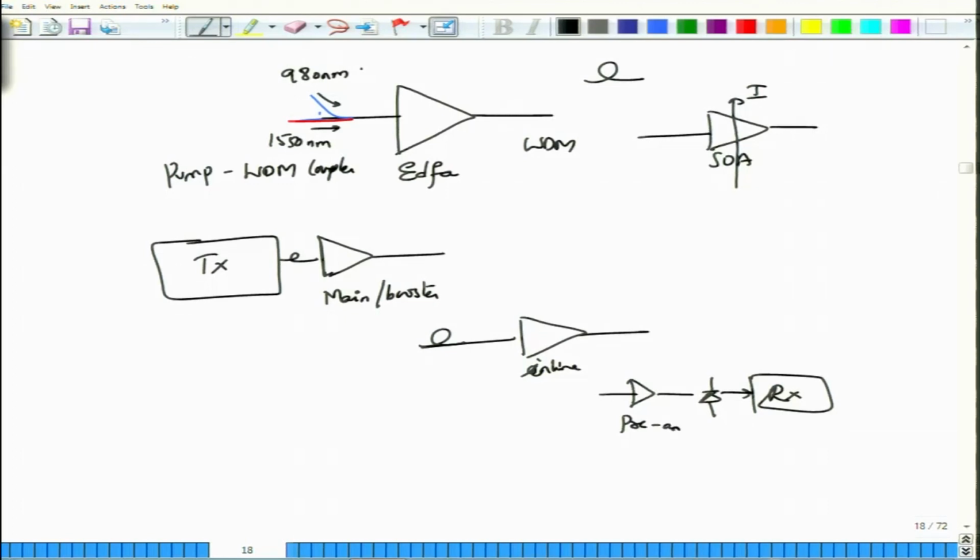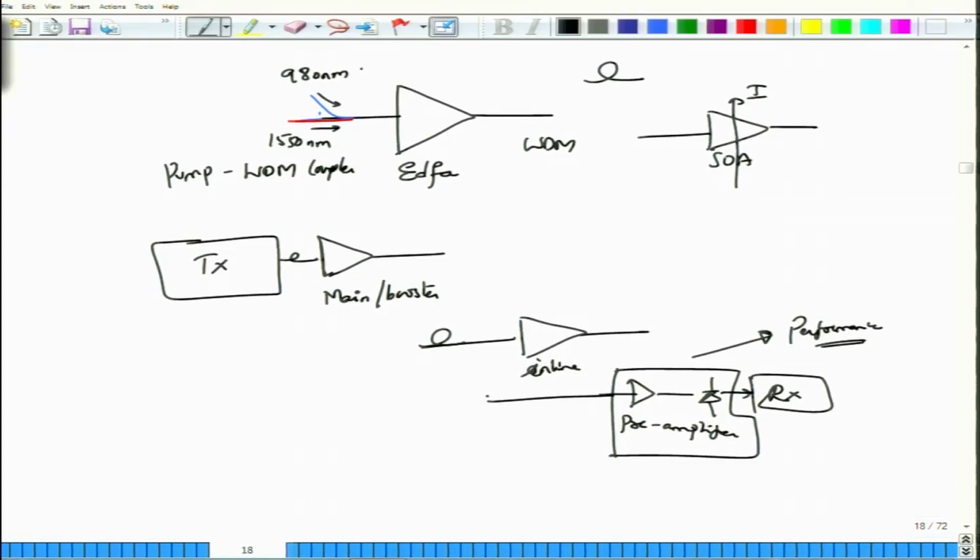We will see that the noise characteristic of a pre-amplifier followed by a photodetector is very interesting and important information, and this will affect the performance of the system because it changes the noise characteristics totally. We will study that in detail once we look at all the other WDM components. So, this is something that we will revisit, the combination of an erbium doped fiber amplifier as a pre-amplifier and the photodetector.